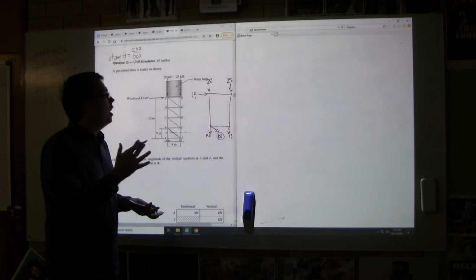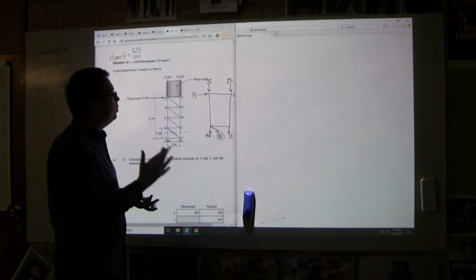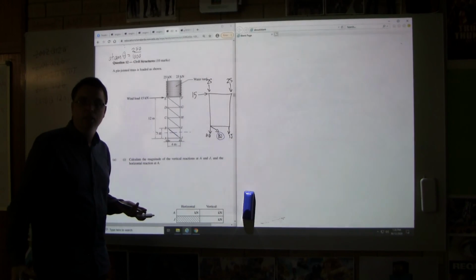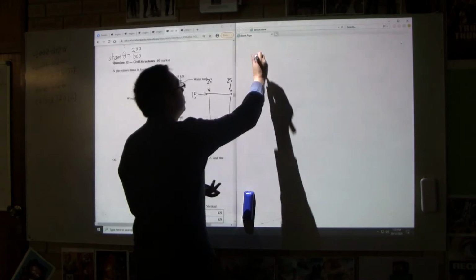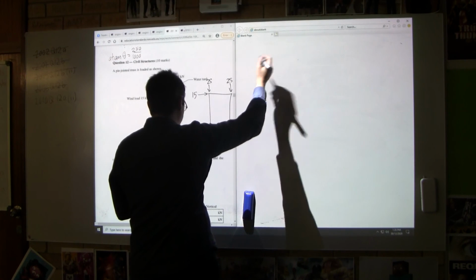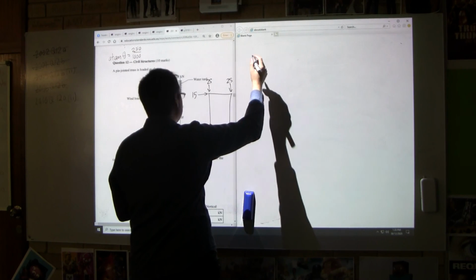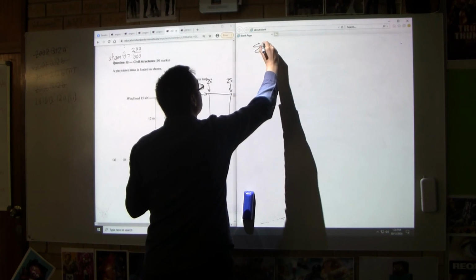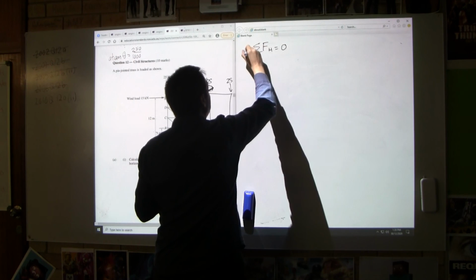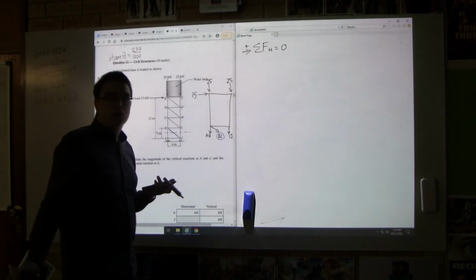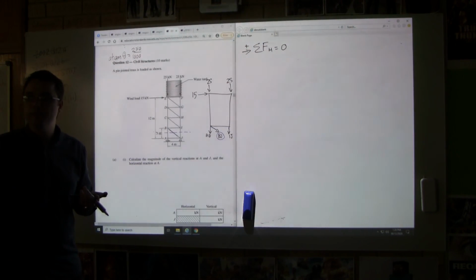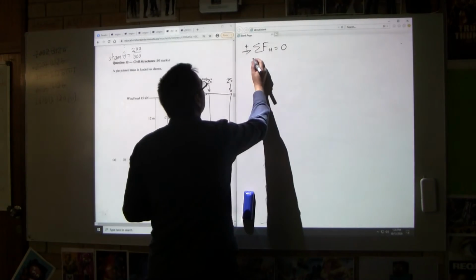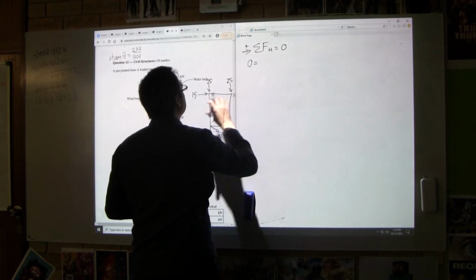Lone wolf, great. Okay, so what we know is that BJ, what can BJ do that the others can't? It can take horizontal, right? So first of all, what I want to show my boss is that I know that there's horizontal components. So I'm just going to write sum of the forces horizontally equal to 0. Okay, what are the horizontal forces I have? BJ and 15. So what I'm going to write is 0 equals, now I have said